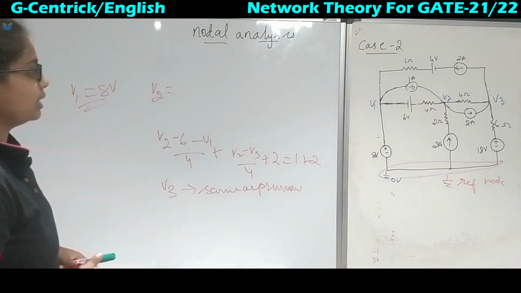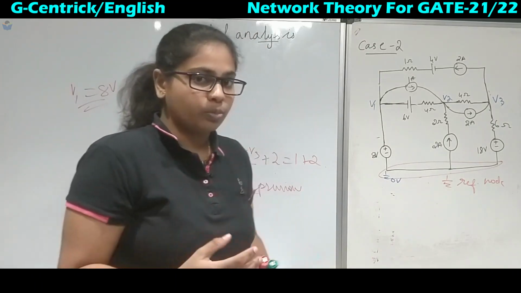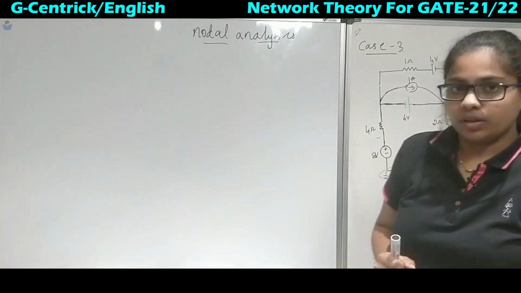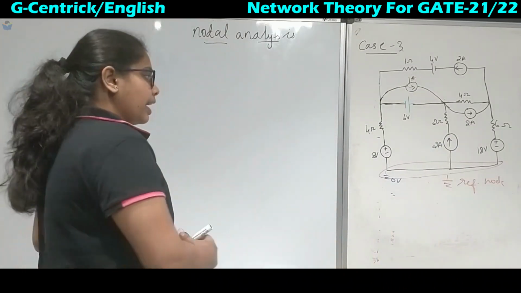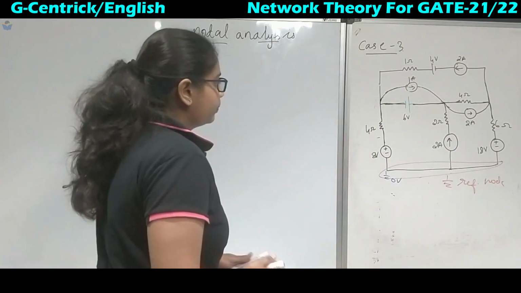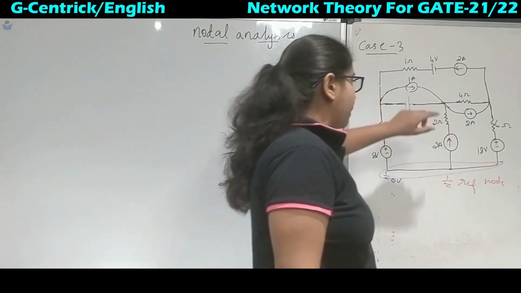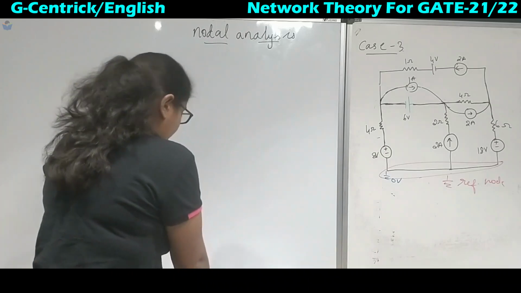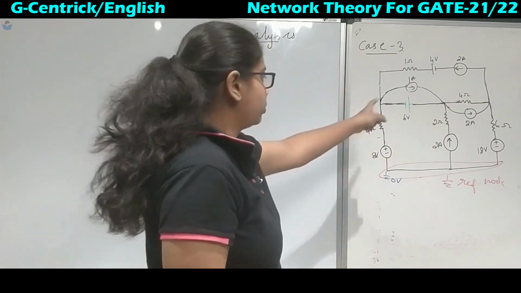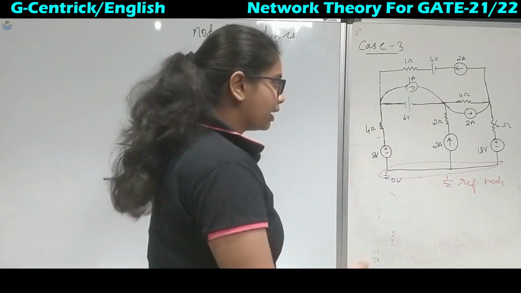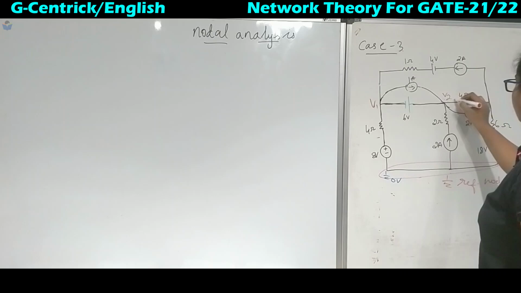Okay, so we will see in case number 3 an important concept, which we will call the supernode concept. Coming to case number 3, this is the same circuit again. I have brought back this 4 ohm resistor and removed the 4 ohm resistor from this branch. So now what you see is, you have got 2 nodes. First identify the nodes 1, 2, 3 and the reference node,